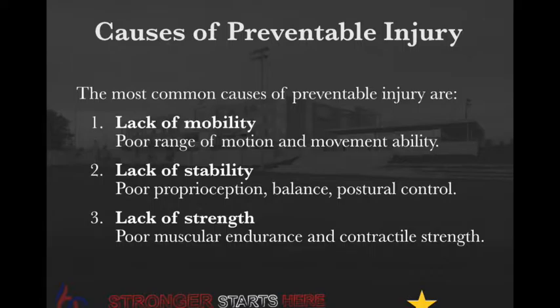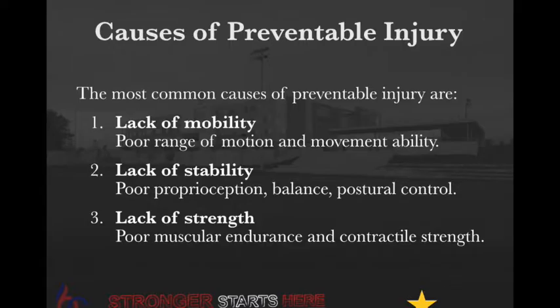And then lastly, a lack of strength. I can't say enough about a lack of strength being caused by poor muscular endurance, the ability of muscle to basically take the abuse that you put your body through during sport, during competition, and during sport-specific training, and physical contractile strength, so the ability to produce that one-time force that sometimes can throw people out acutely. So when you talk about somebody throwing their back out or straining their chest or shoulder muscles in a one-time single repetition event, we're talking about a lack of contractile strength.